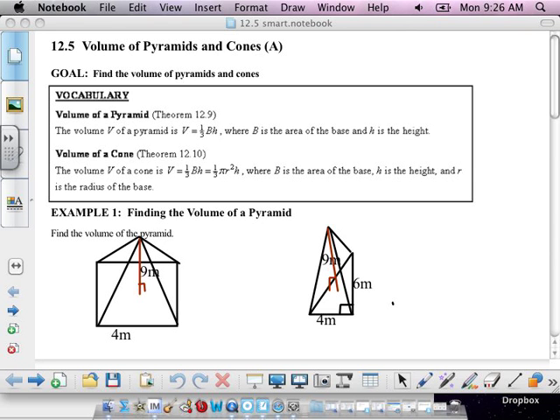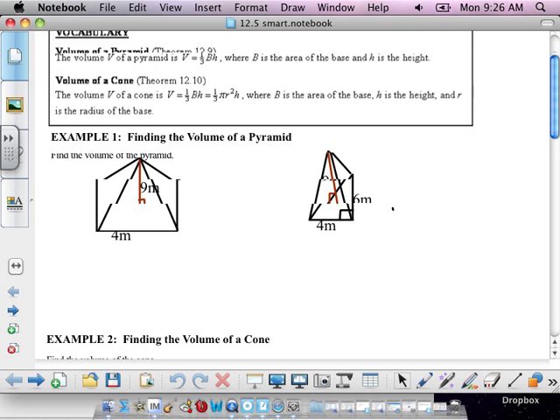Volume of a cone is 1/3 pi r squared h. So pi r squared is the area of a circle times h, the height. Okay, so we've got two volumes of a pyramid, two volumes of a cone. Then we're going to do them where we're missing part of it, and we're going to do a little story problem. Okay? All right, so first step is